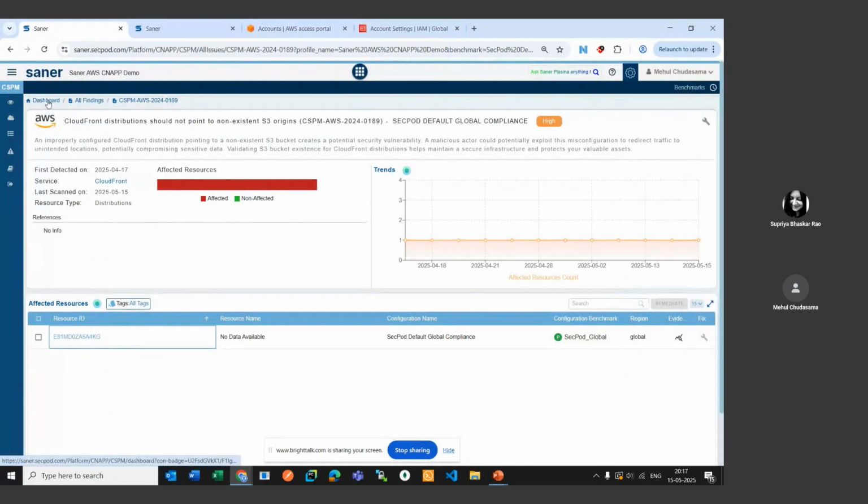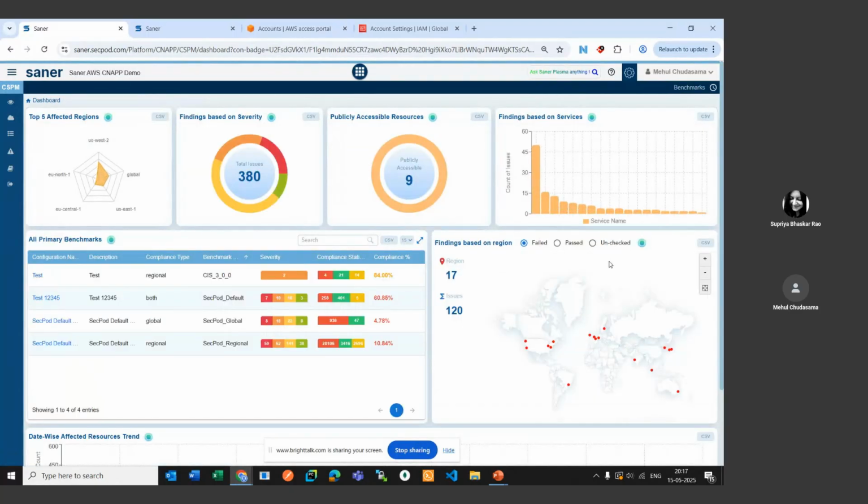So as I mentioned, all the UI elements are clickable and you can find more information about a particular misconfiguration or resource just by clicking on it. Also, we show you the findings based on the service type. In this case, S3 bucket is having most of the misconfigurations, followed by IAM, and then CloudTrail, and then your CloudFront.